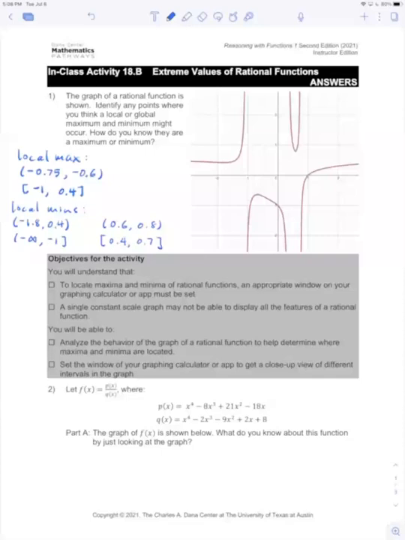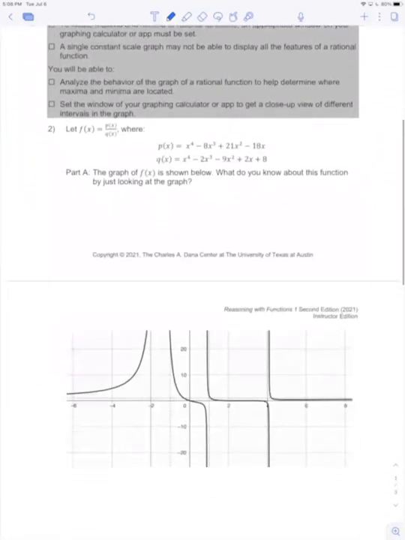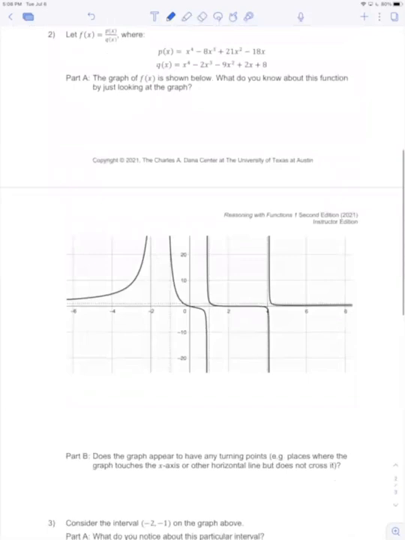2, let f of x be defined to be p of x over q of x, where p of x and q of x are as listed here. Part A, the graph of f of x is shown below. What do you know about this function just by looking at the graph? So let's scroll down here. They're going to show us a graph. There we go. Stop right at 2. Okay. Just by looking at the graph,